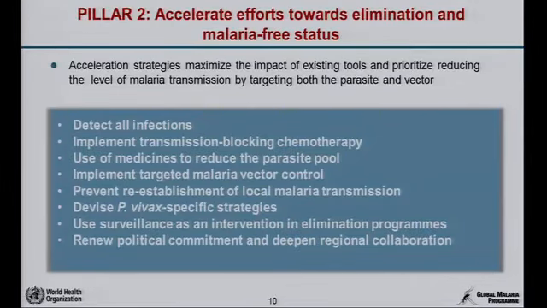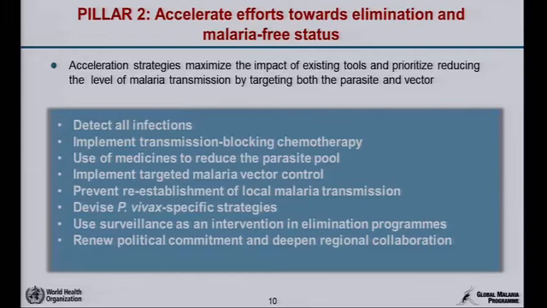So here we're talking of how do we detect all infections, implement transmission blocking chemotherapy where appropriate, use the medicines to reduce the parasite pool, and this is a challenge that we have over the coming months in setting up a policy-making process to make clear recommendations to countries on how to address the issue of the infectious reservoir, the large number of individuals that are asymptomatic, clinically asymptomatic, but carry parasites and